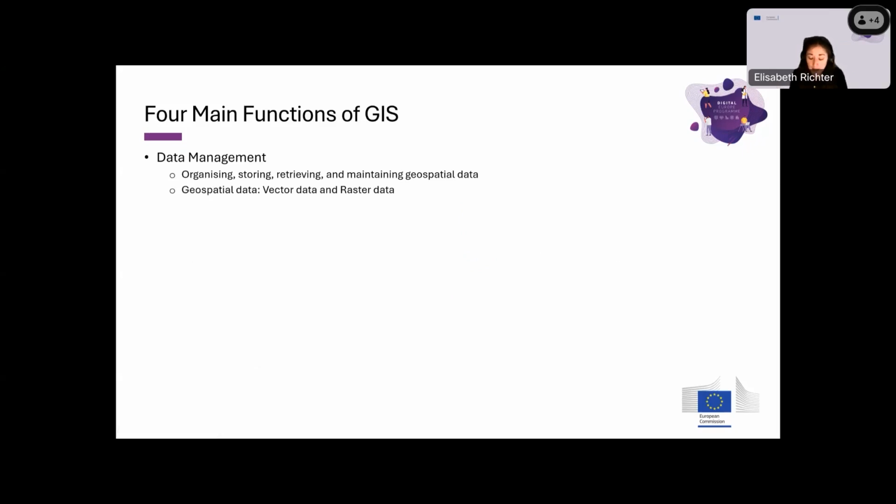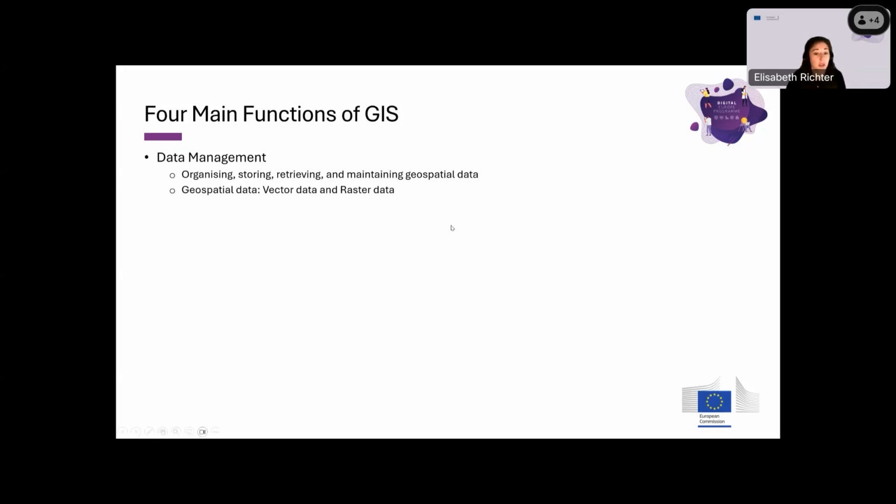In general, geospatial data has 2 data types, which is vector data and raster data. I'll come back to that later and talk about it in more detail. But data management is very important because without geospatial data, there is no geographic information systems. So it's quite obvious why the data management part is so important, self-explanatory. Also, those GIS data sets are usually quite huge, and I think those are all reasons why efficient data